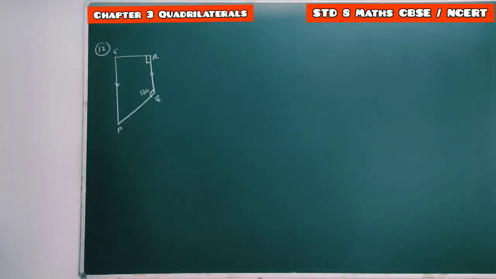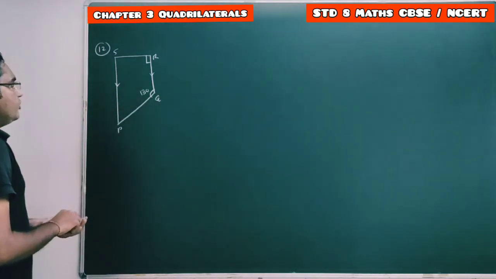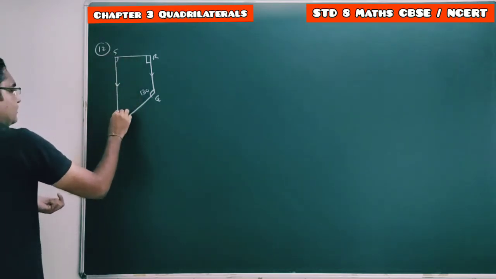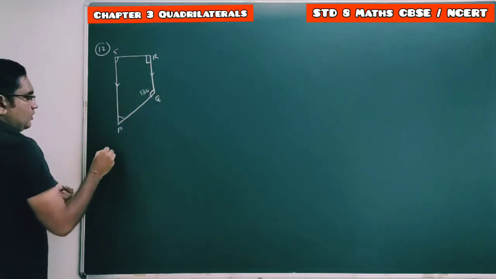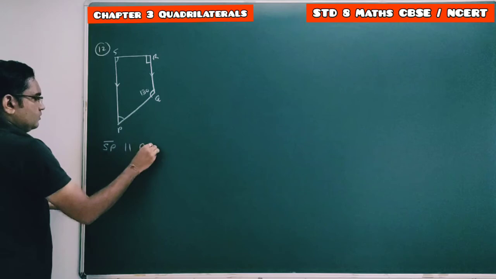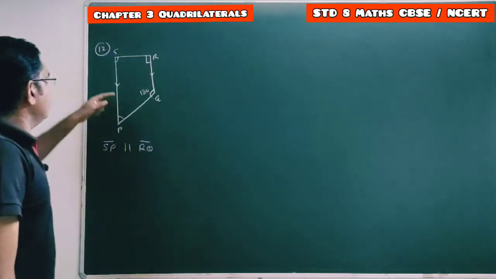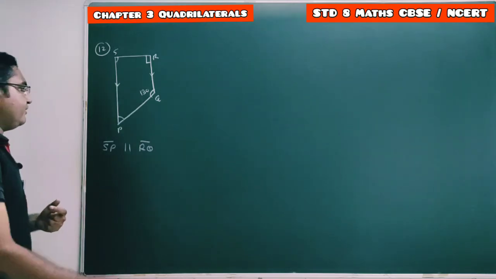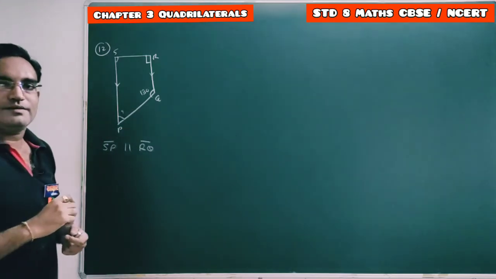Okay students, let's do the last question. Here we have to find the values of angle P and S. Find the measure of angles P and S given that SP is parallel to RQ. By using this given condition, we have to find the values of angles S and P. Another part of this question is, can we find the value of P by some other method? If it is possible, then find it.